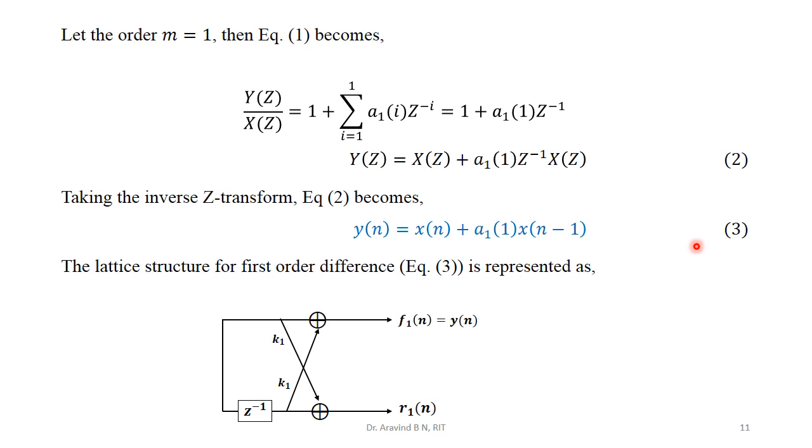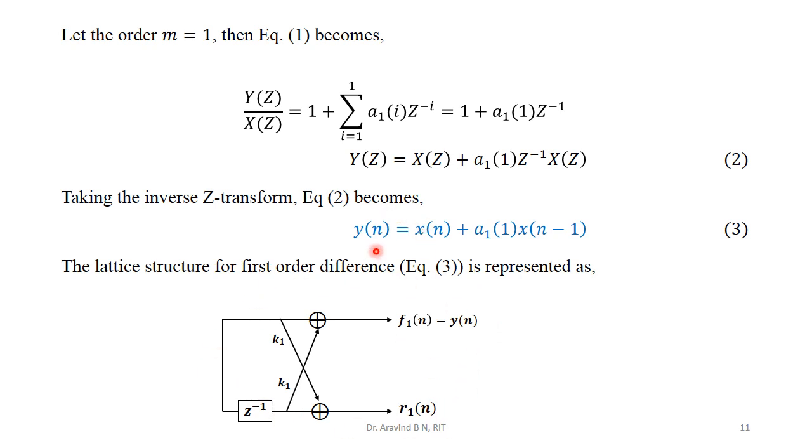The standard lattice structure for order 1 is given in this format. We are not going to derive the diagram from the expression, as we did in direct form 1 or the linear phase FIR filter. Here we are going to have the standard structure for order 1. This is the structure. For order 2, the same part is going to extend for one more stage. We need to calculate K1 if the order is 1, K1 and K2 if the order is 2, and it will proceed like that. In this case, we are restricting ourselves to order 1.